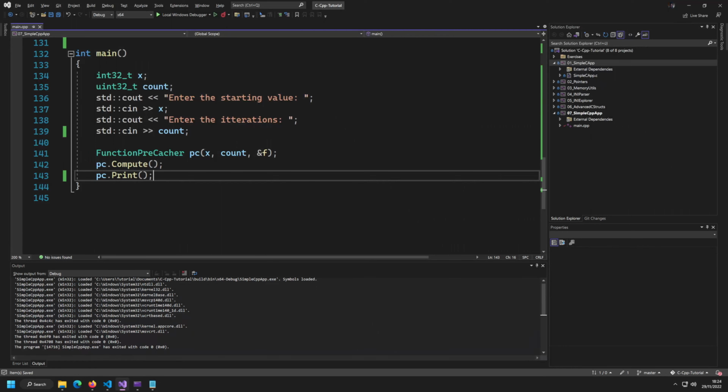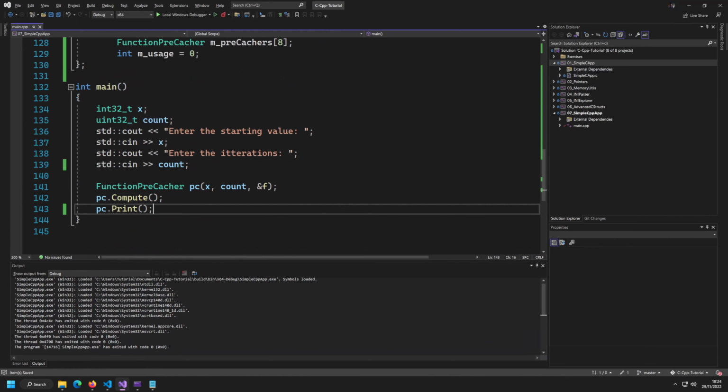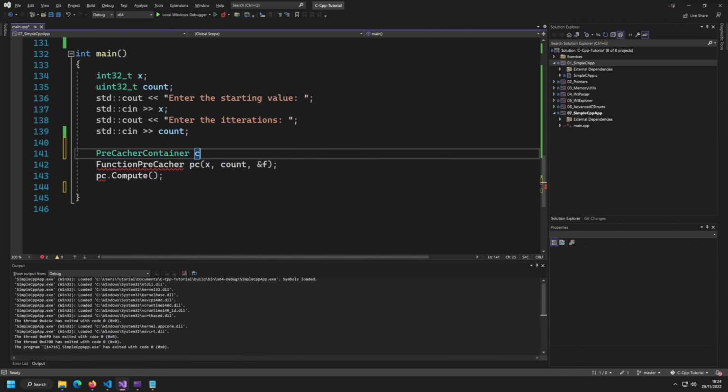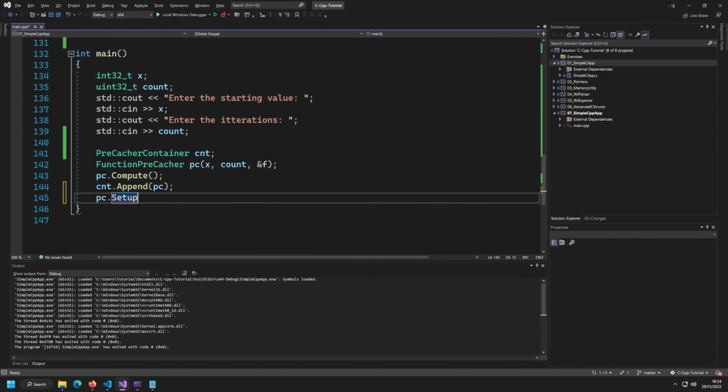And what we can do now is we can easily store function precachers inside my container. So what I could do here is I could put all these function precachers in there. So I can say, all right, I do a PC here, and then first let me create actually the container. This is of course required. So let's take the container and call it CNT for container, and then I'm going to say CNT append my PC. So I can append the PC, then I can call, for example, setup again, then maybe let's say x times 2 and count at f,